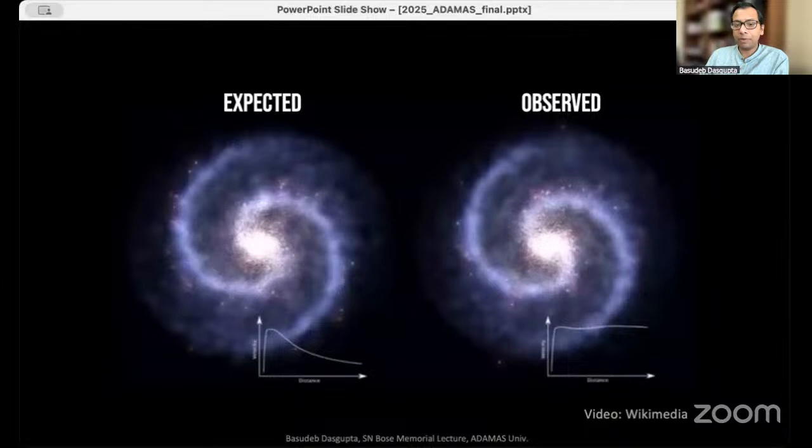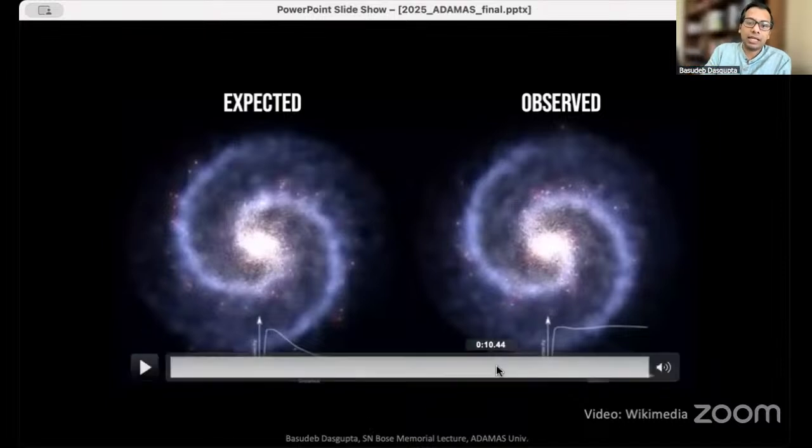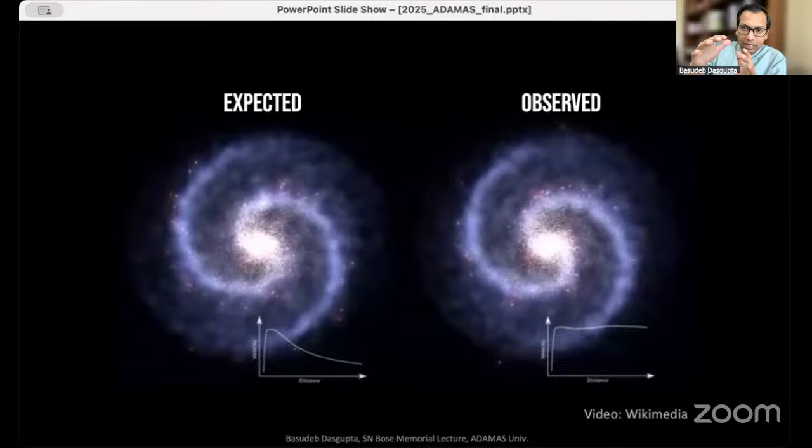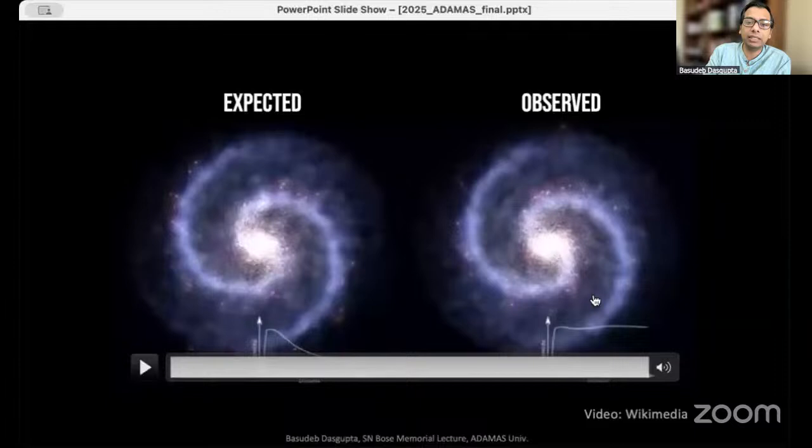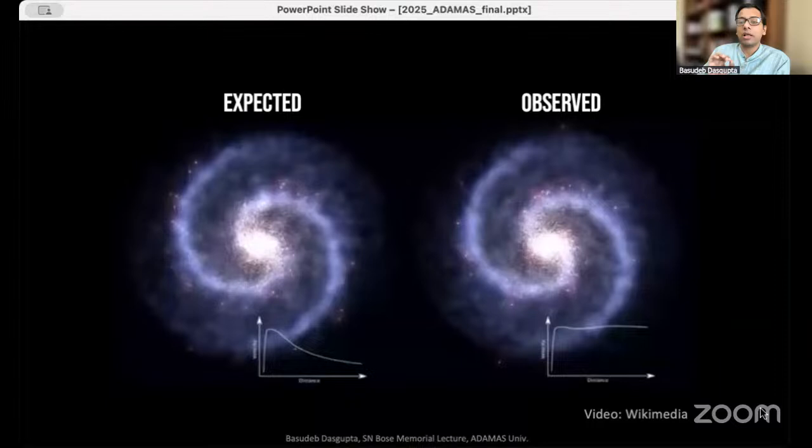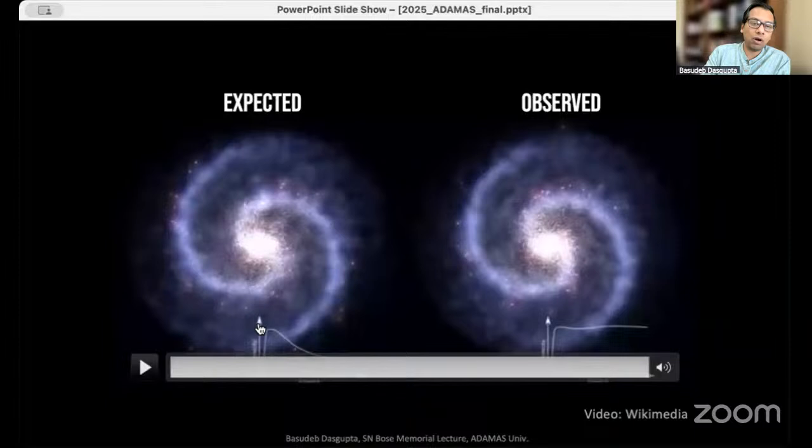Now, why would this happen? This can happen again if there is more mass inside this region. So instead of all the mass being concentrated at the center, if there is more mass as we go out radially outwards from the galactic center, and in fact, even further out from the galaxy, that could explain why the stars are rotating faster, and in fact, why this so-called rotation curve is becoming flat and not decreasing as 1 over square root r.